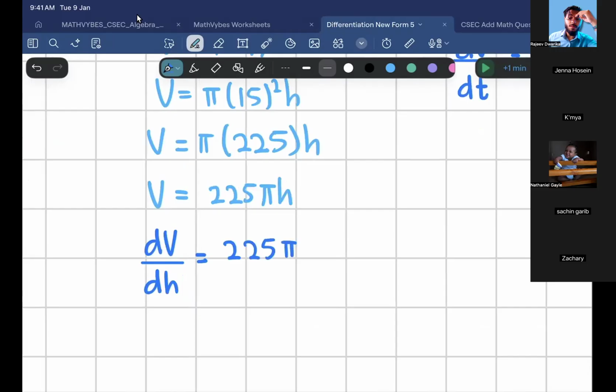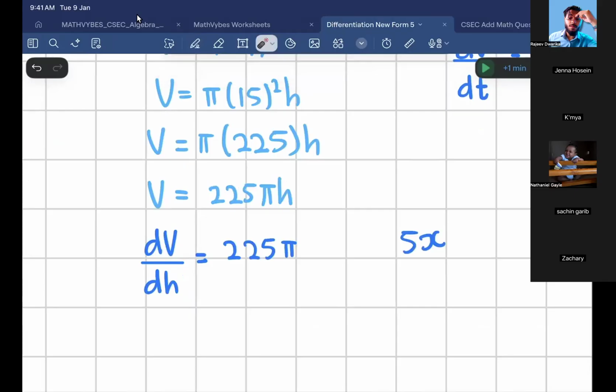Jenna, if I tell you to differentiate 5x, what would you tell me? 5. Exactly. So if I tell you to differentiate V with respect to h, would it not just be 225 pi? Are you sure they understand that? Zachary, Kamaya, Nathaniel. I don't really fully understand. All right, so Nathaniel,